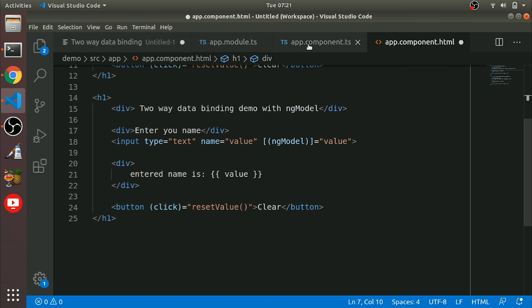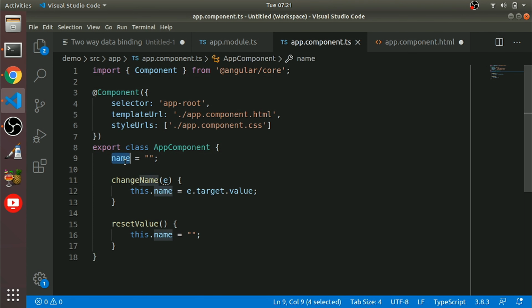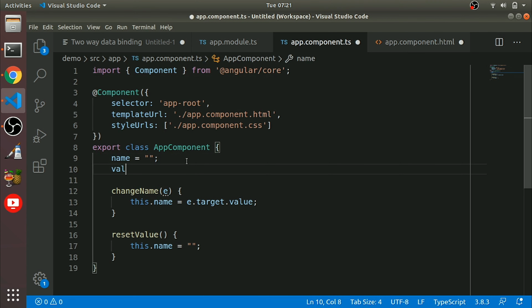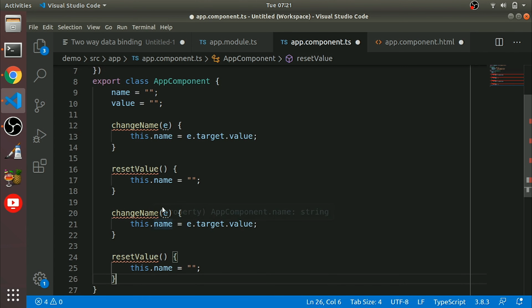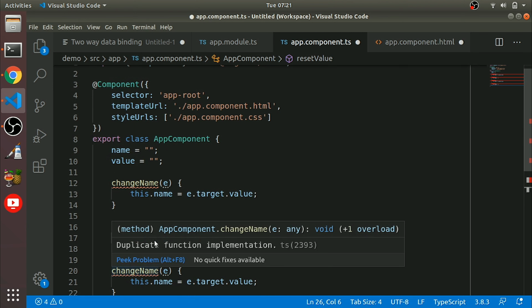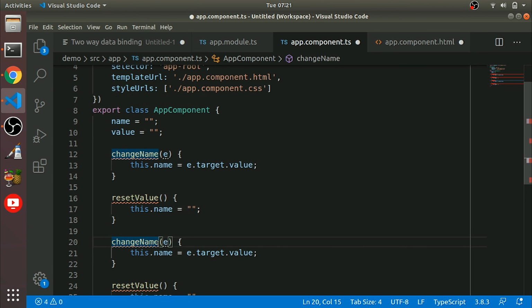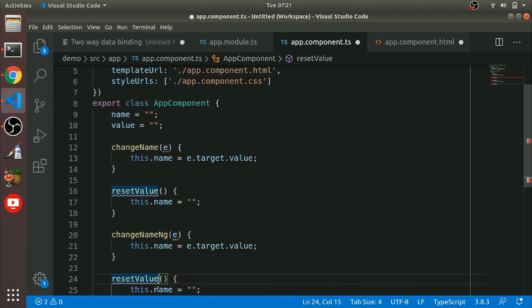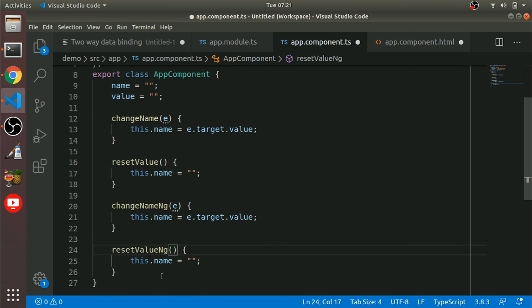If you do a clear value, then let's define a value property. So this will be change name ngModel.